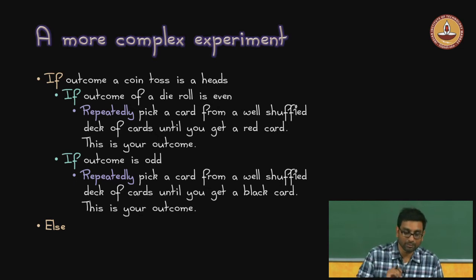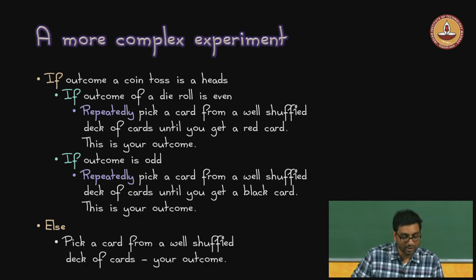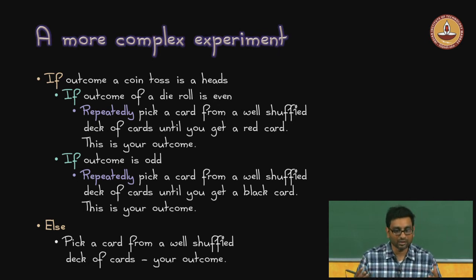But if the die roll comes up odd, we repeatedly pick a card from the well shuffled deck of cards until you get a black card. Or if the original coin toss was heads, you pick a card from a well shuffled deck of cards, and that is your outcome. If you didn't follow all the details, don't worry, because the point was not for you to follow all the details, but to illustrate that you can put together smaller experiments in some interesting way and create larger experiments, where what is the outcome of this experiment, this complex experiment that is there